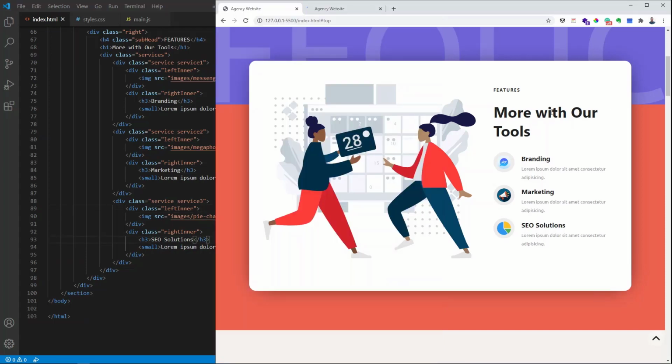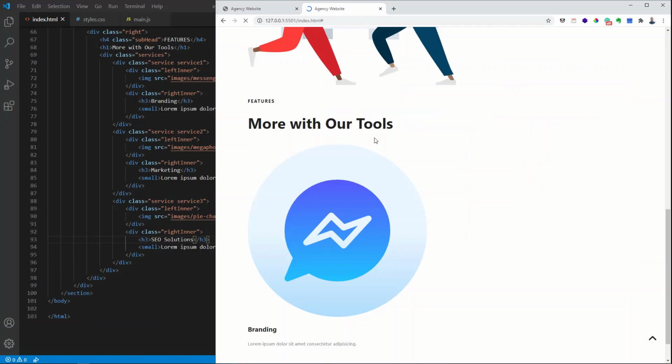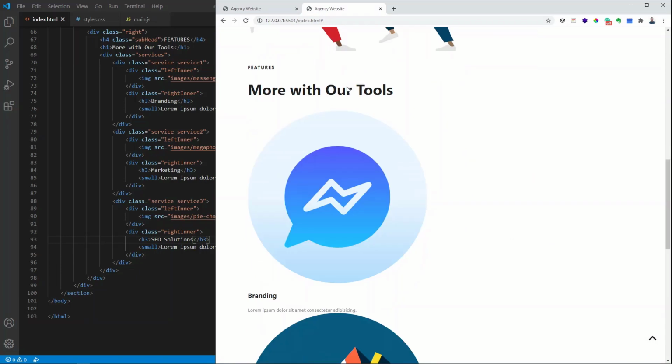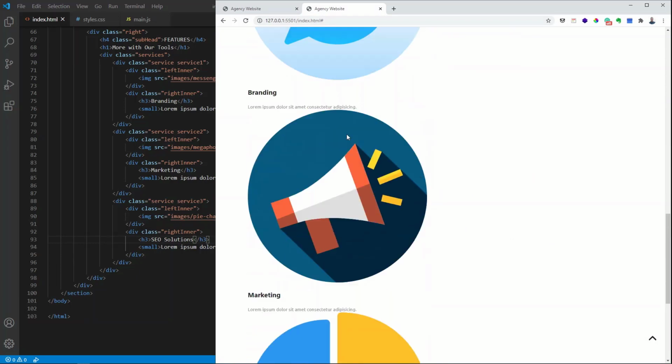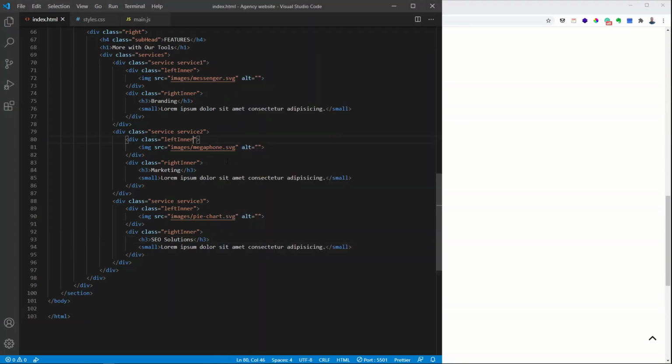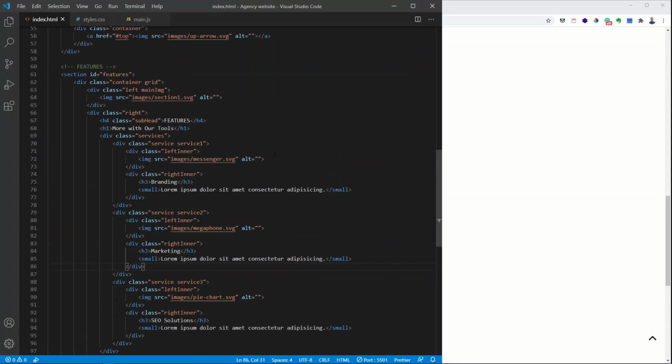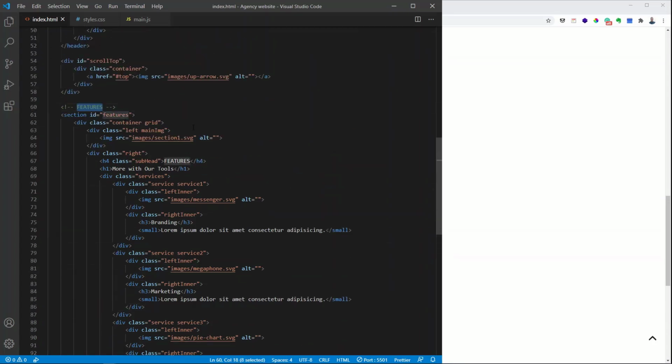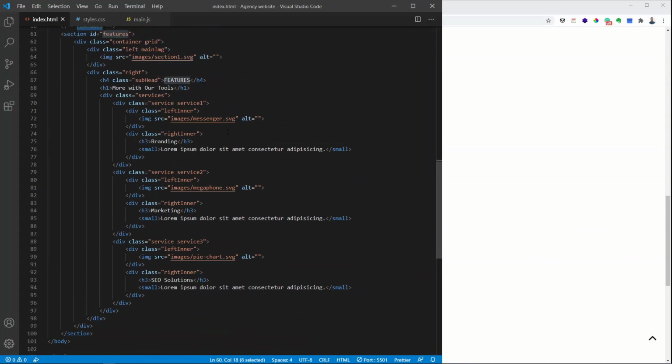So now that is all. I don't know why this takes time to load. That is all. The images are bigger. We're going to make that small. So I think that is all for the feature section. So now